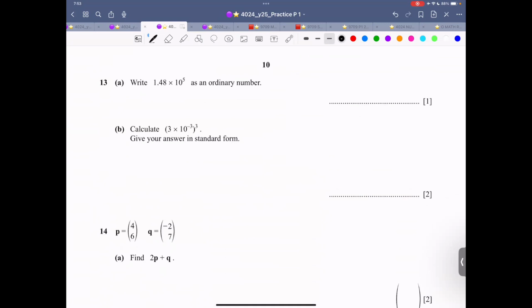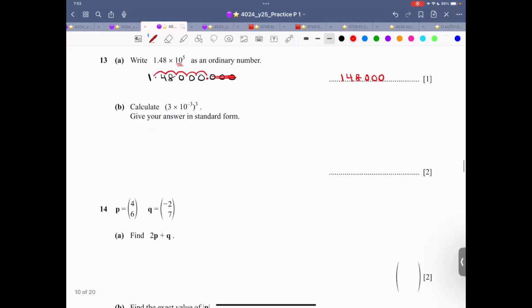Now, write 1.48 × 10^5 as an ordinary number. 1.48, and then let me write a lot of zeros over here. And then let me shift it 5 places, 1, 2, 3, 4, 5, just stop, discard the rest. So this is 148,000. Calculate (3 × 10^-3)^3, that is 3 raised to